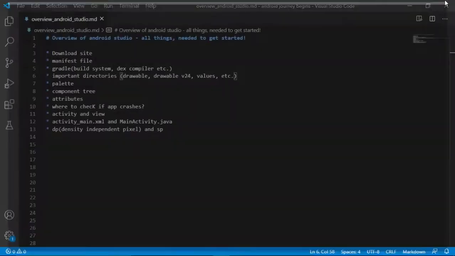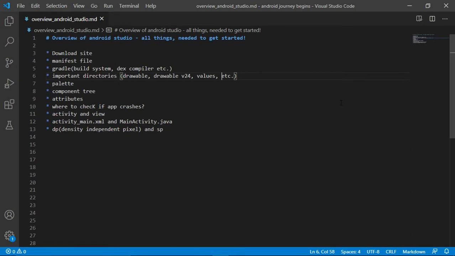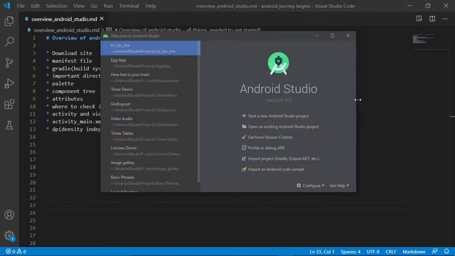Now I'm just closing it because after installation, when you start Android Studio for the first time, it might take some time. Okay, it totally depends on your machine's configuration. I recommend closing all the other apps and all the other tabs, because otherwise it might get slower. So this is the interface. After installation, this is what you see the first time you start the software with which you'll be interacting. So